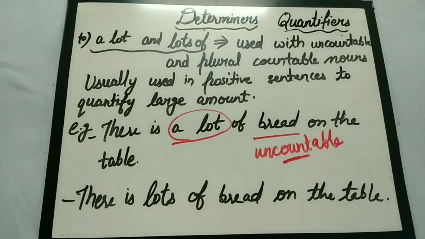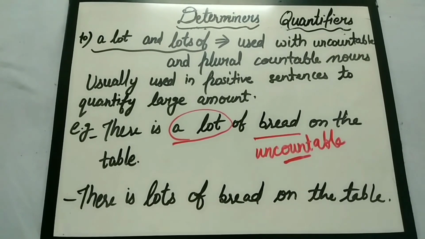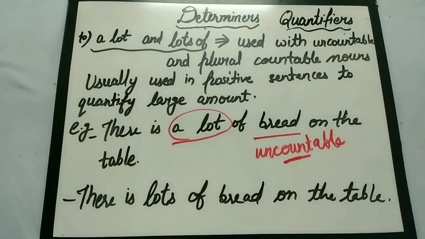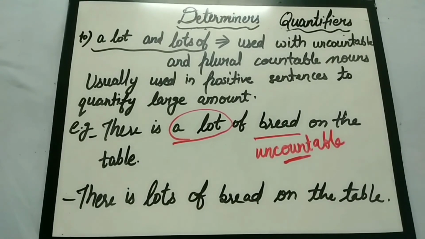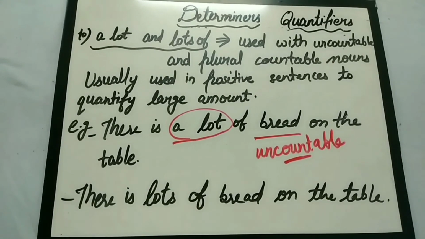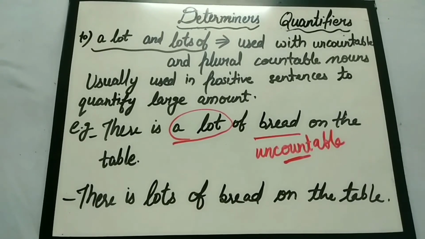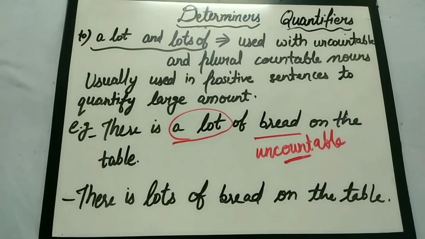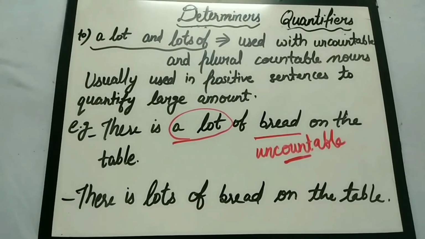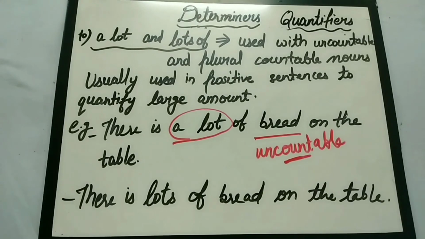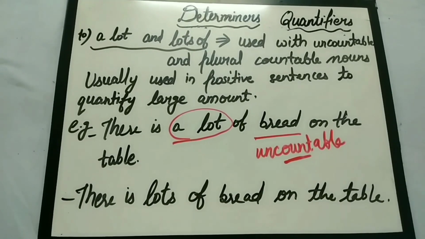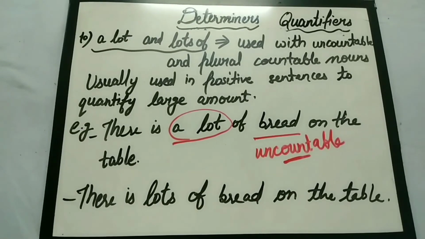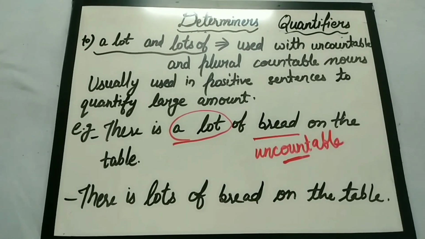So with this we have finished the quantifiers. The fourth type of determiner indicates how much or how little of the noun is being discussed, and they are used to express the quantity without giving an exact number. They just give an idea, meaning the amount of the noun is a lot of it, all of it, or some of it. So it just gives an idea without giving the exact number.